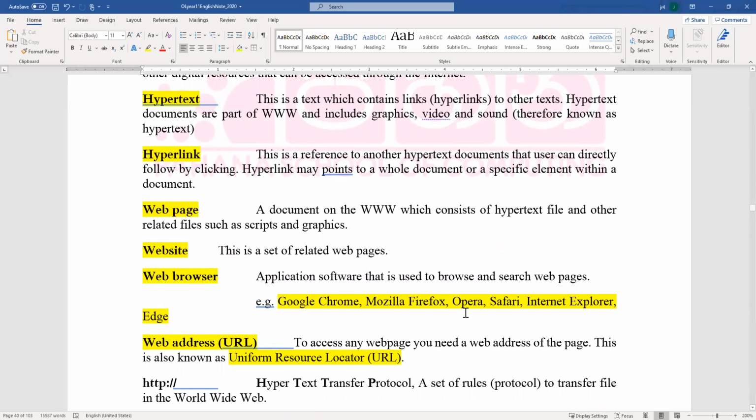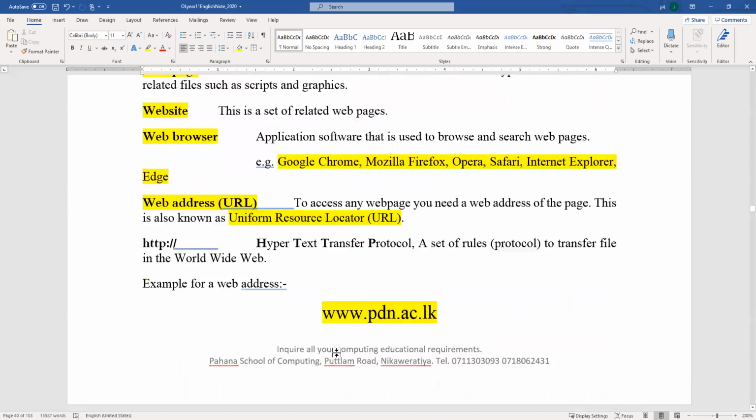And a website is a related set of web pages. To view a page, you have to use application software called a web browser, and there are many web browsers available. You should know at least a couple of them for the exam. Now let's look at